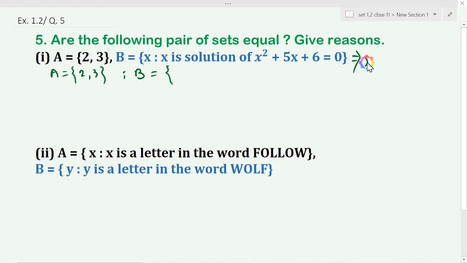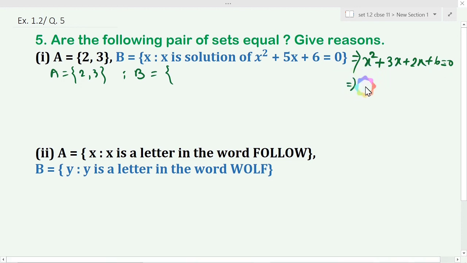So x square, we can write this as x square plus 3x plus 2x plus 6 equals 0, and we get x plus 2 into x plus 3 equals 0, and the values of x are minus 2 and minus 3,